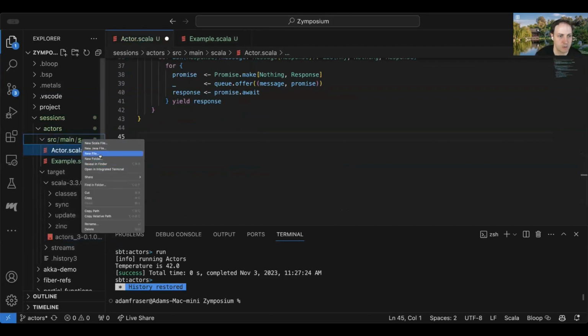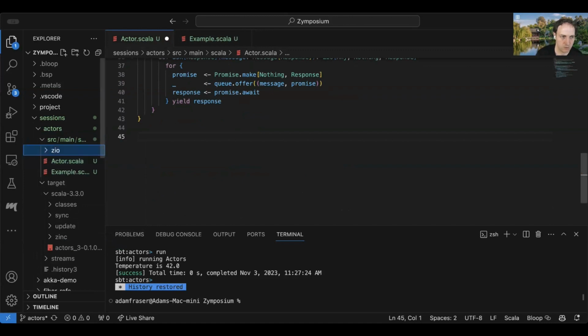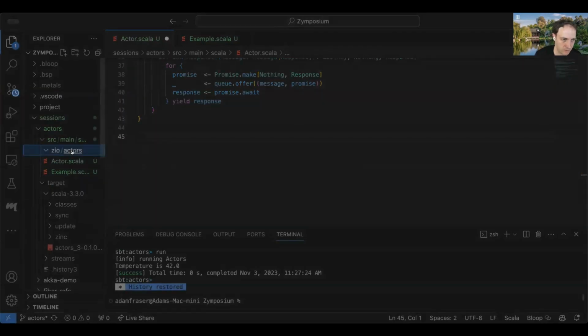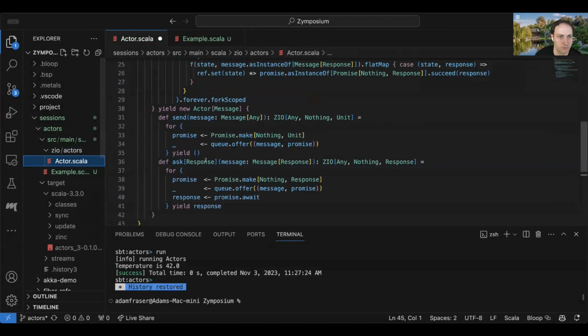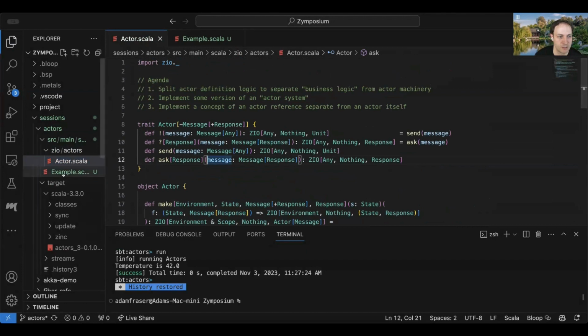And maybe I'll actually create a package for this. So what if I create a ZIO package, and inside this I'll create an actors package. Obviously there is an actual ZIO actors, but we'll just forget about that for the purpose of this little thing that we're doing here.